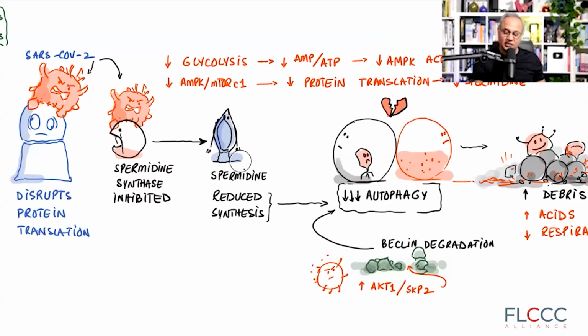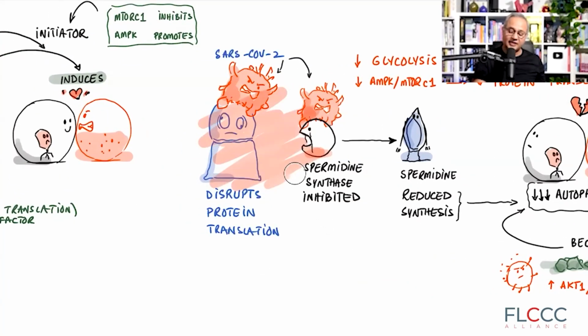So what do we need to do? First of all, we need to have appropriate amounts of spermidine. So if we cannot have spermidine in a cell in the right amount because the spike protein is there, or the virus is there, or the cell is injured for other reasons, inflammatory molecules, and it is not able to produce it, then what do we do? You provide it from outside. So the studies that Dr. Merrick shared with me and we studied, they say that spermidine from outside, when that is given, not only SARS-CoV-2 replication reduces by 80-85%, but the inflammasome production reduces as well. So the disease doesn't become very severe.